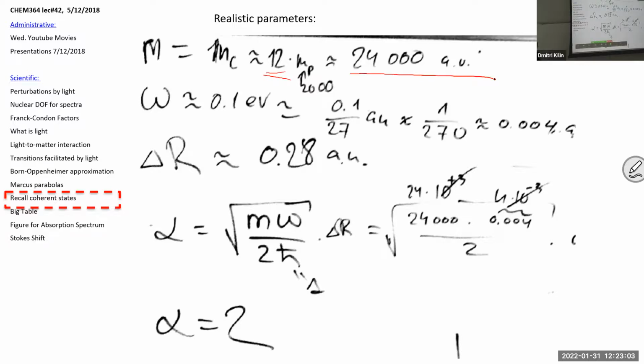If we are looking for typical stretch in the infrared spectra, it's what, 1,500 inverse centimeters, which is about 2.3 electron volts. We will take as an example a little smaller, like 0.1 electron volt, which is quite typical for vibrations. And in atomic units, it will be